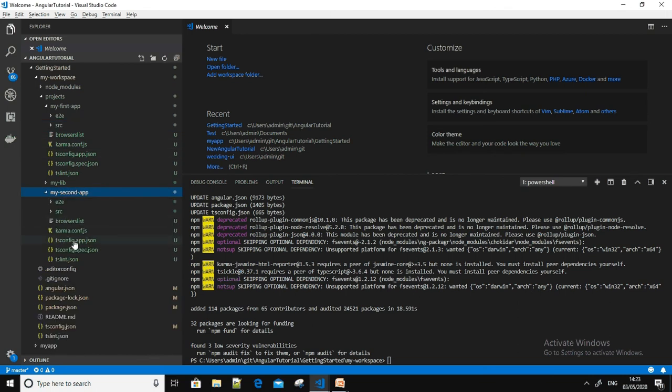Here you can also see the karma config, tsconfig.app.json, tslint.json. The tslint.json was not visible in my app, but here we have created different applications, so this tslint is also visible. So that's how we can have the workspace with multiple projects.